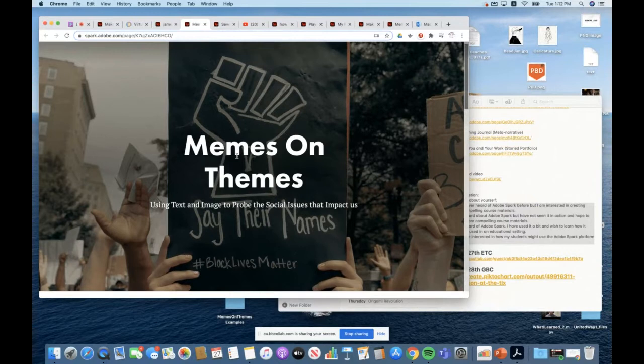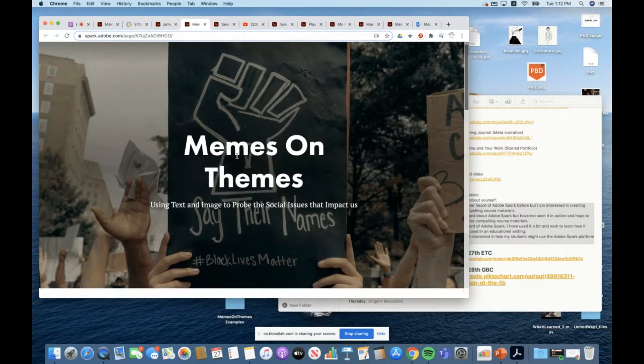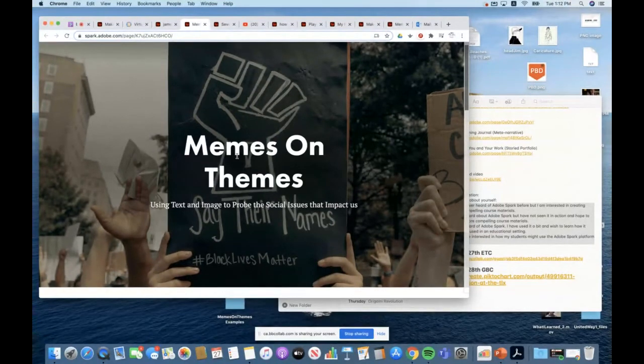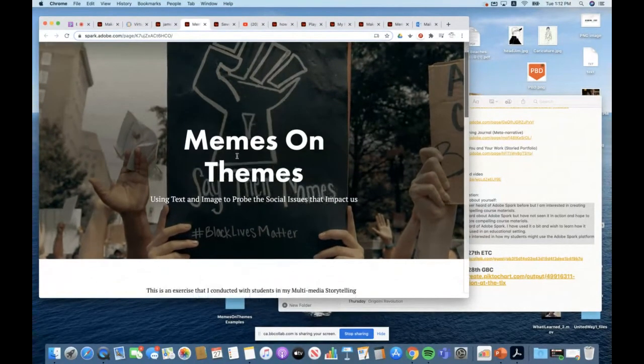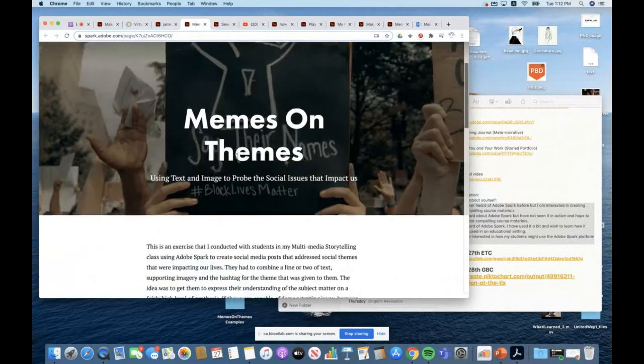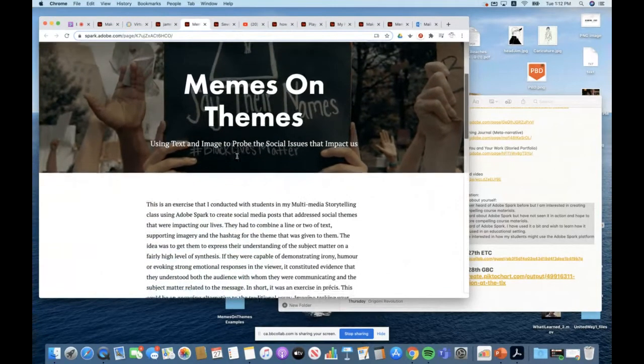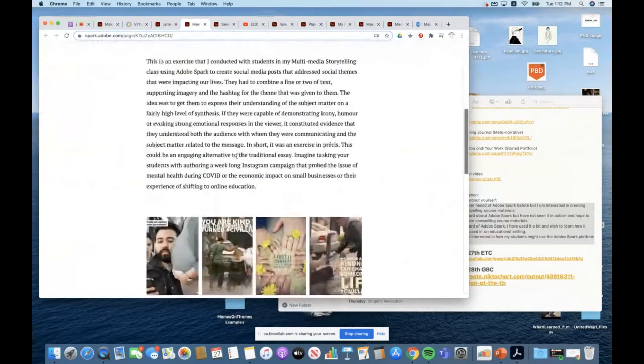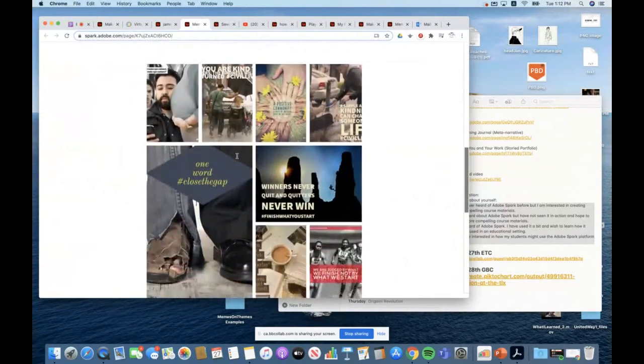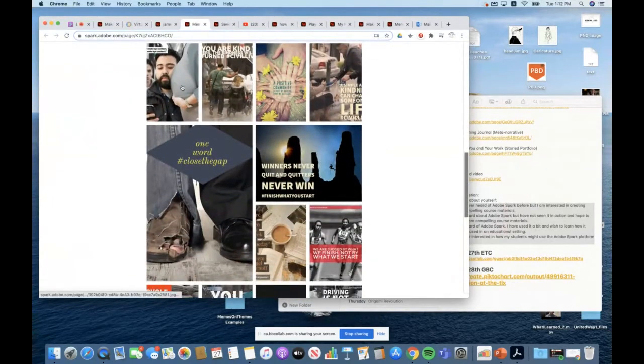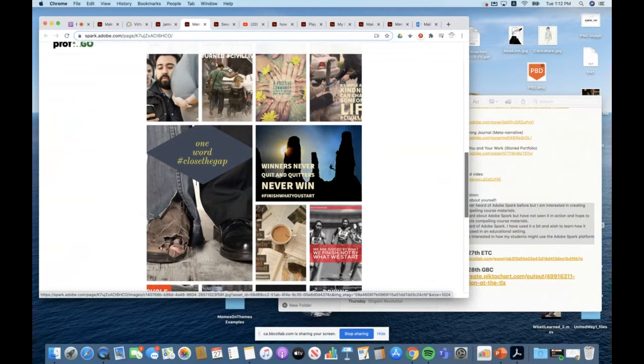This could have been nurses doing a social media campaign on proper septic technique for scrubbing up before going into an OR. It could be just a public awareness campaign about social distancing, any number of things. But in this case, we explored a whole bunch of different themes where students were finding visuals and putting a line of text together with it.